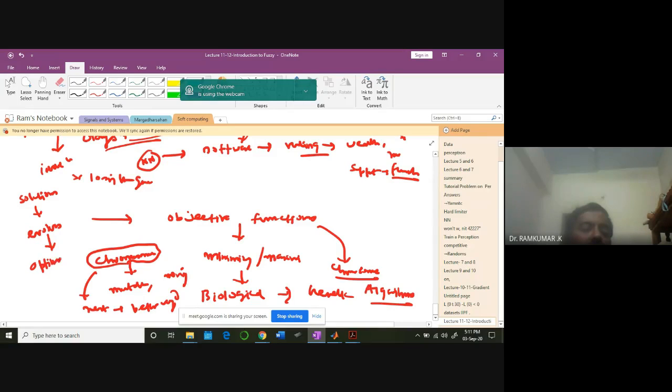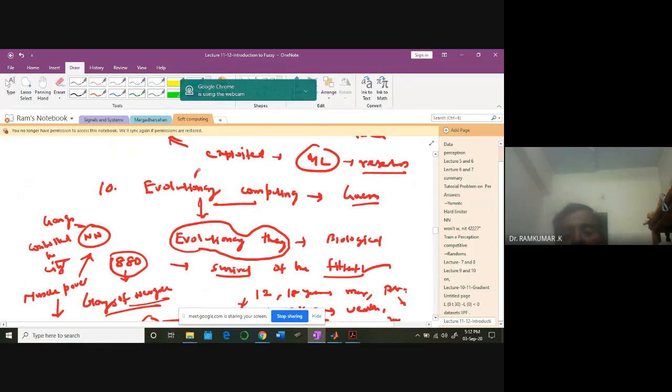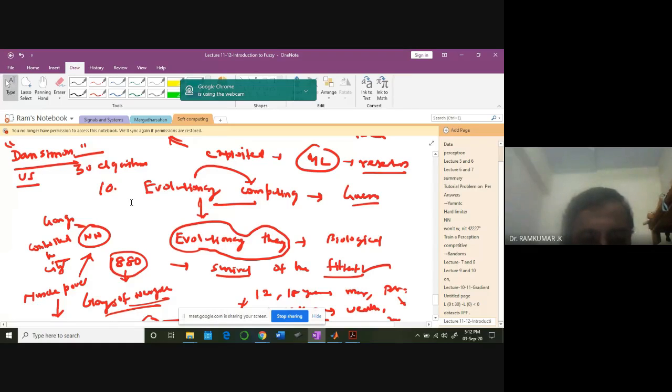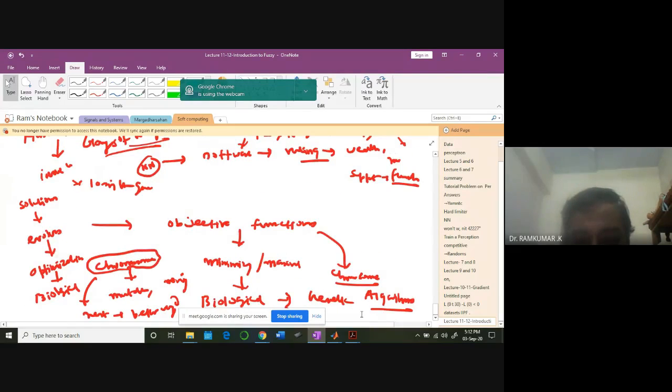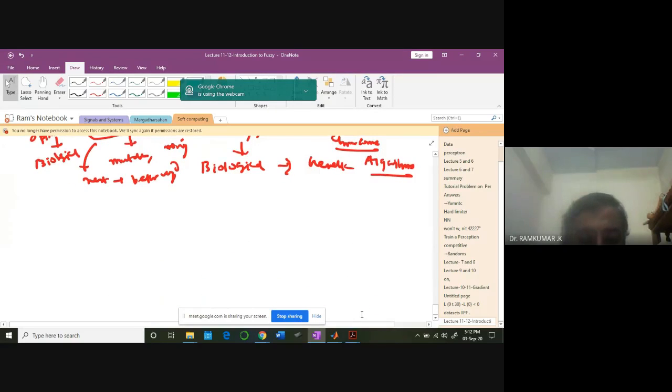It's called evolutionary computation, using optimization routines in a biological framework. We have around 30 algorithms right now. In fact, I have referred to a book by Dan Simon, Evolutionary Algorithms. It's a fantastic book. The professor in the US, Dan Simon, has written a book on this. There are some 30 algorithms he has mentioned in that book. Just type in Google, you'll get it. Evolutionary Algorithms by Dan Simon.